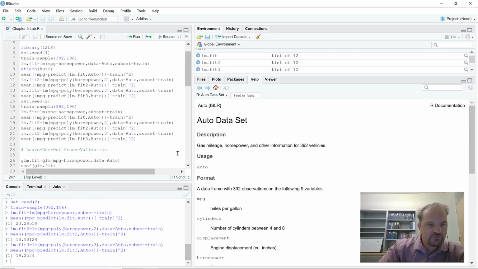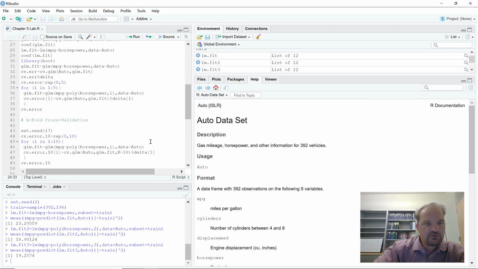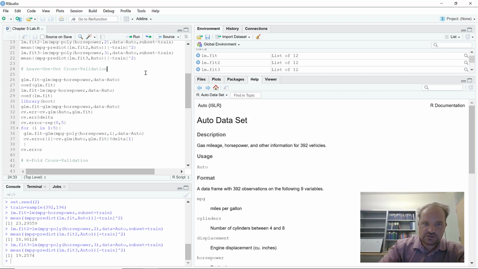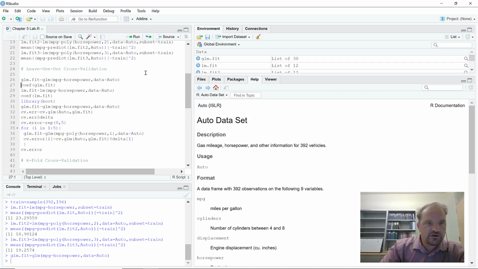When we do a third degree polynomial, it's back up to 19.2. Not much difference between 18.9 and 19.2. Not a significant difference. Those are about the same, but we get a drop in error when we go from linear to quadratic. Now we're going to use the leave one out cross-validation approach,